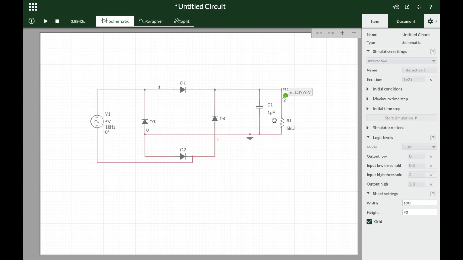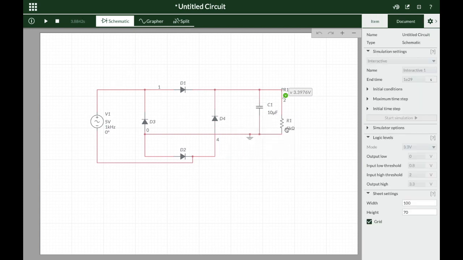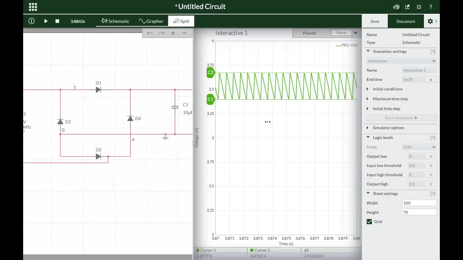Now we'll change this capacitor. Let us make this discharging time further higher so that the capacitor discharges further slower. So instead of 1 microfarad, let's take this as 10 microfarad. For the same value of RL and the input frequency, we will observe the output once again. This is the output we have observed for the 1 microfarad capacitor. Here the peak to peak is 274 millivolts. Let us run the simulation with the capacitor as 10 microfarad.